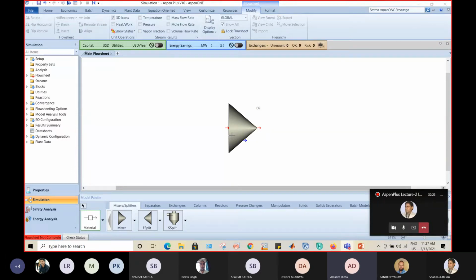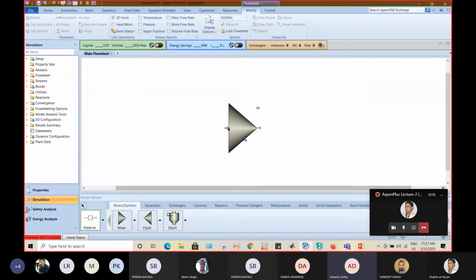Since we are working with the mixing model, it is obviously known that we will have more than one stream which we are interested in mixing, and we will have one output stream, which is our mixed feed or mixed stream. So how to generate those streams? You press your left mouse button over here, keep the left mouse button clicked, move to the location where you want to place your stream, leave it there, then stretch it as per your presentation and hit a click. So you can see your stream is added.